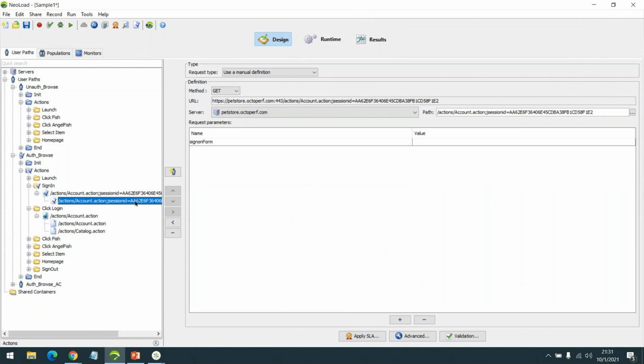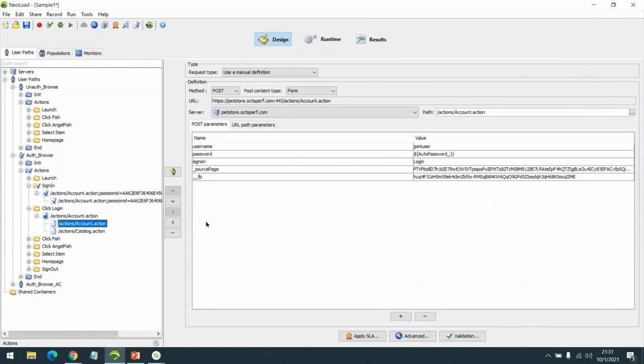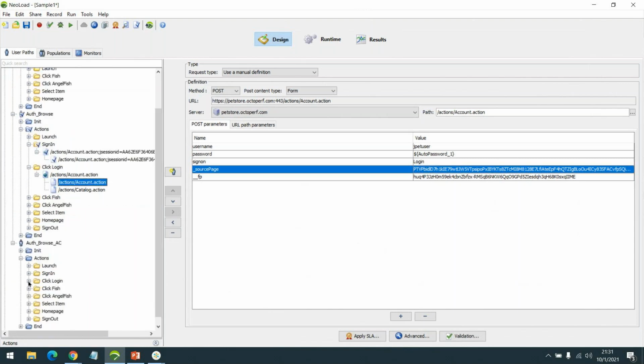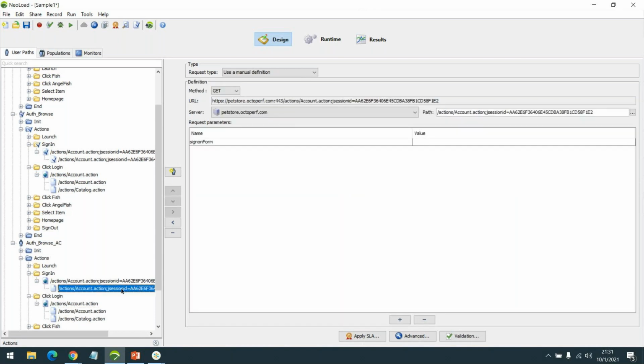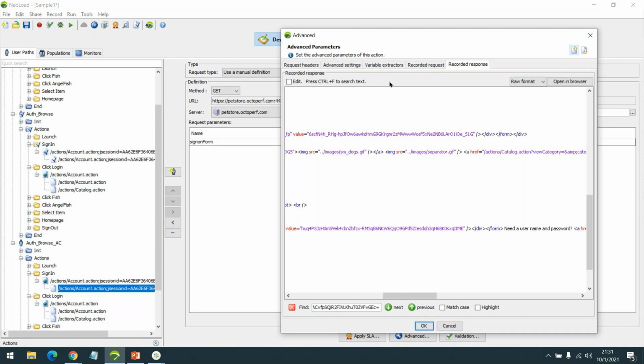So what we have to do is capture these values and then pass them down, replace them, in the subsequent request. Now let's go ahead and look at the autocorrelation. Here what we see is there is some form value getting passed, and we knew that those two values are appearing in this request. So if we go to advanced, and then